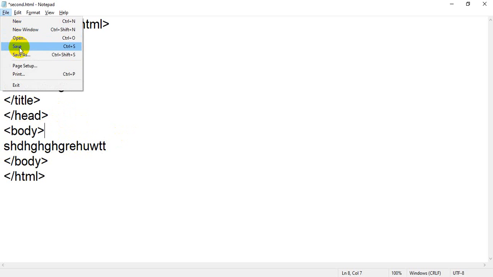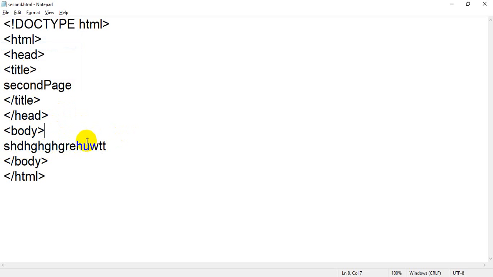Just for your understanding, I am again writing some text, and I have just saved the file and gone back to my browser. Just refresh the file, so you will get some meaningless words. But why? Because we have inserted something inside the body tag.